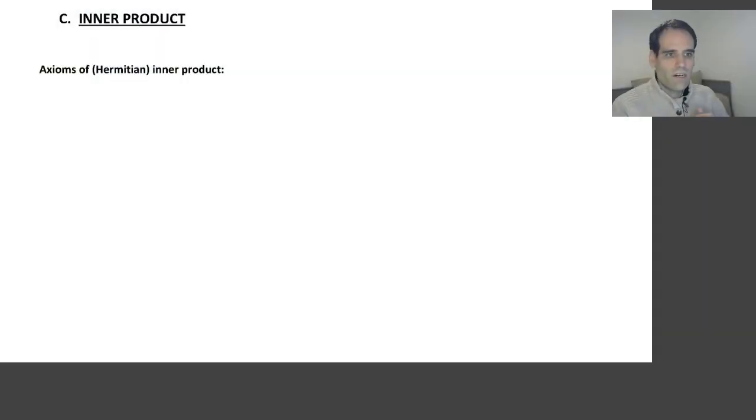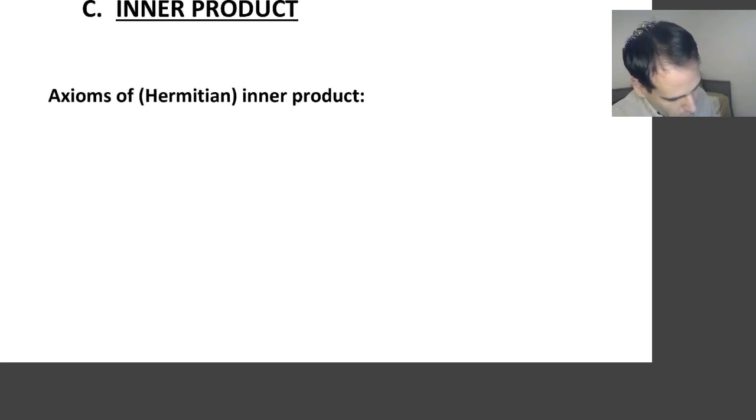Okay, having said this, let's revise what the axioms of the inner product were. And I'm going to go directly to the Hermitian inner product because that's the most general one. The Hermitian inner product is the one that we use whenever the vectors are complex vectors. So there are three axioms. The first is conjugate symmetry,